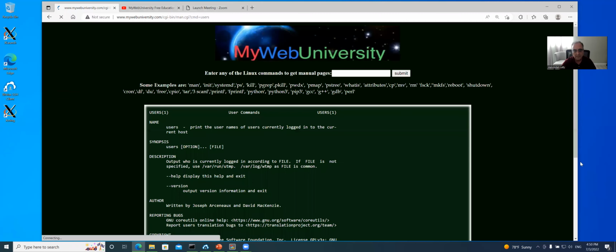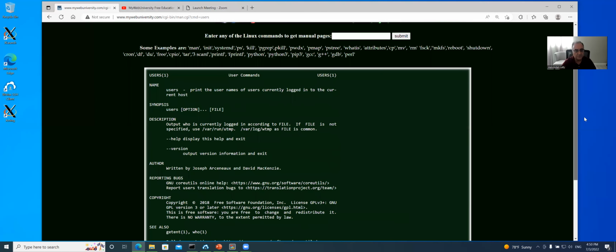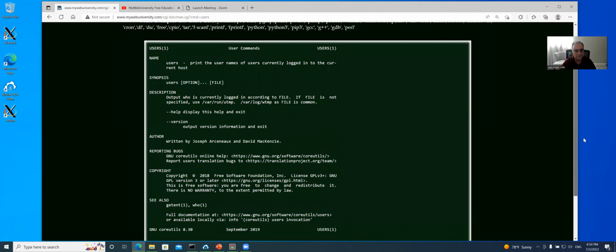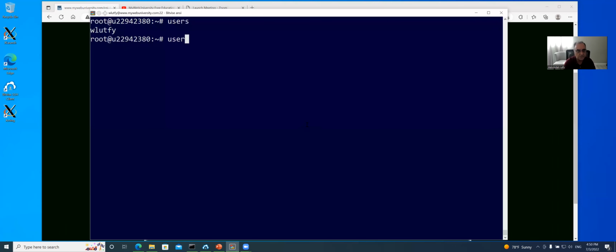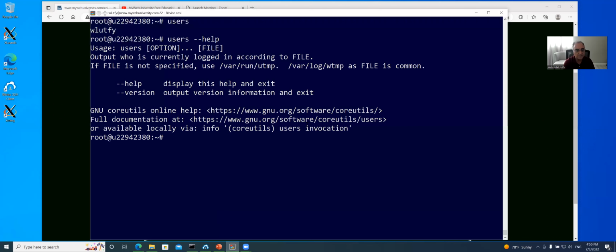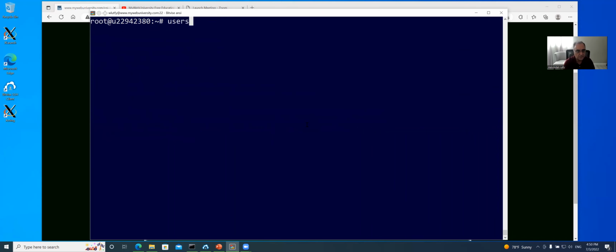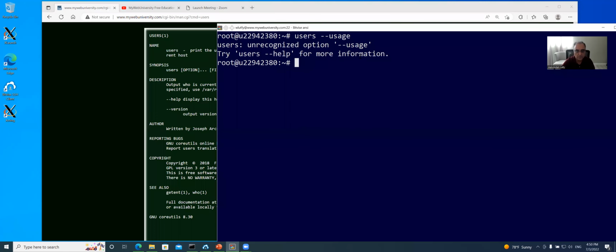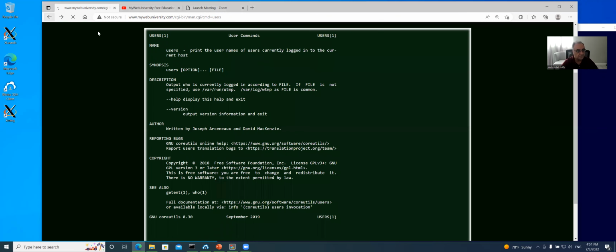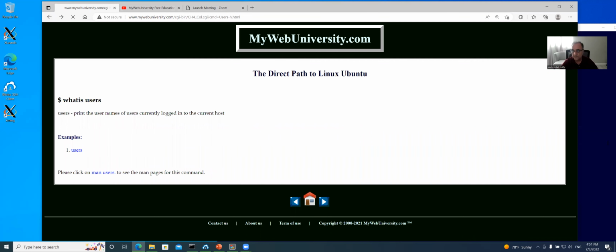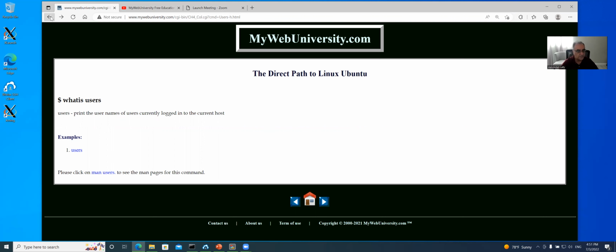If you look at man users, you get all the syntax of man users, and --help gives you the displays, and --version is there. Similarly here, users --help will tell you the syntax. Clear the screen, users --version will give you the version of users running. And then the next one that we want to do, let's minimize this window, and the next command is